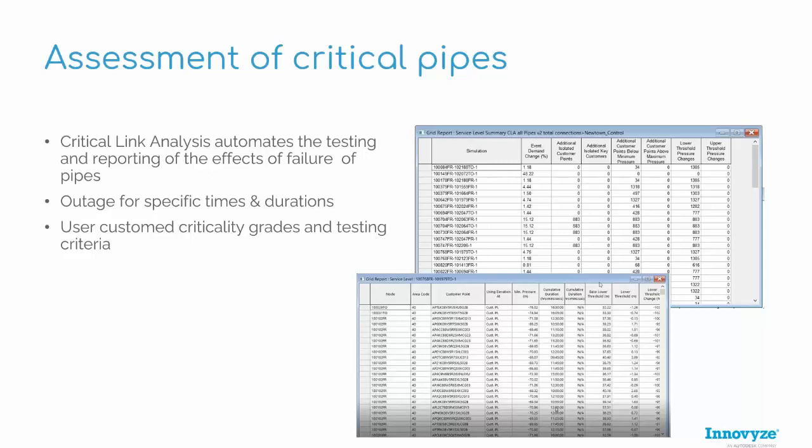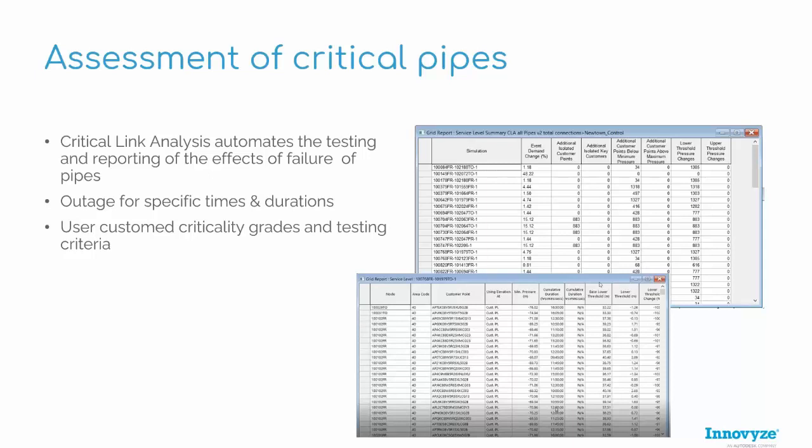To then grade your pipes on how critical they are for supply to be maintained to the most number of people. So from this, every pipe gets a grade. The grading system can be determined by you as an organisation, whether that be on number of customers, number of key customers, change in pressure, change in demand. And you're able to look at each of those potential scenarios of that pipe closure, exactly which customers would be